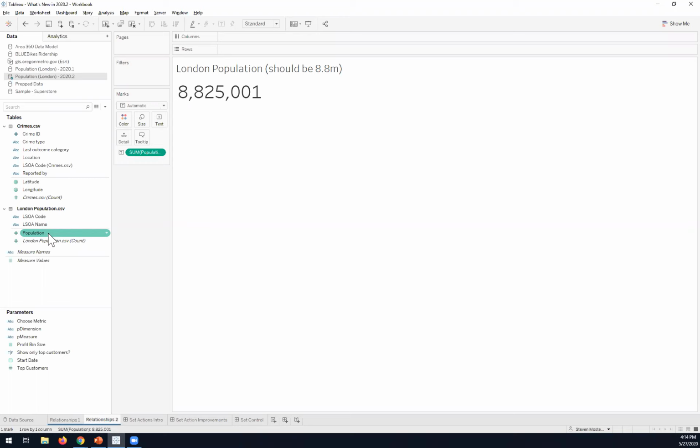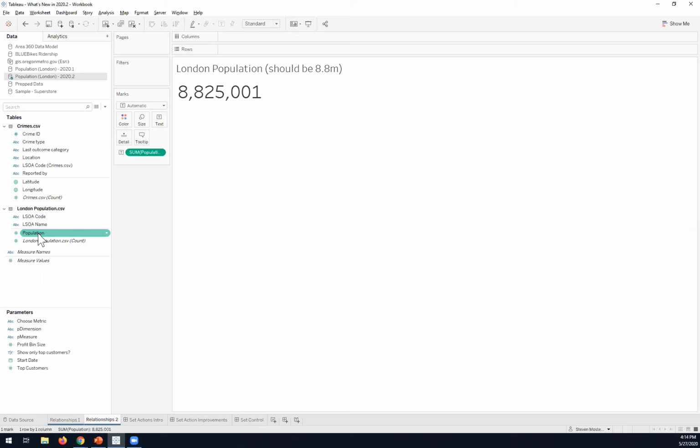And so that's something that Tableau will always do, is that you never ever lose any measures. The measures by themselves, when they're in that particular table, will always be true. No matter what, I could join 20 other tables to this, and if all I want to see is population, I'm just going to get that 8.8 million, because I'm not bringing in any of the other tables.